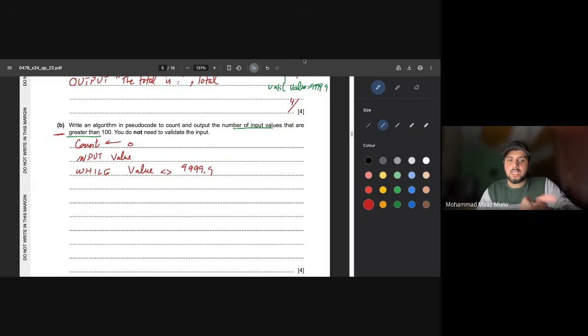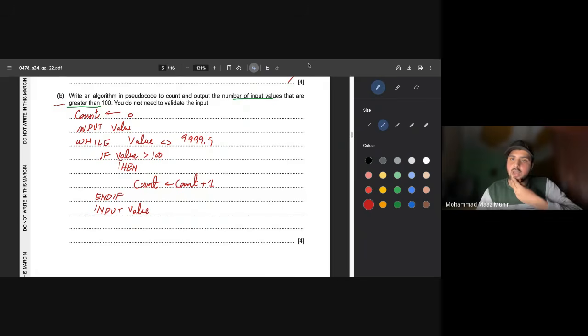Say if it's not equal to this, I'm just going to make use of an if statement: if the value is greater than 100, then you increase the value of count by 1. So you do count and you initialize it with count plus 1. And if no need to add any else statement, not compulsory at all, it's not given in the question. And then I would be like, okay, now let's take the next value, right? So at the end I need to take the next value. So I'll put the input value here and I would be like you